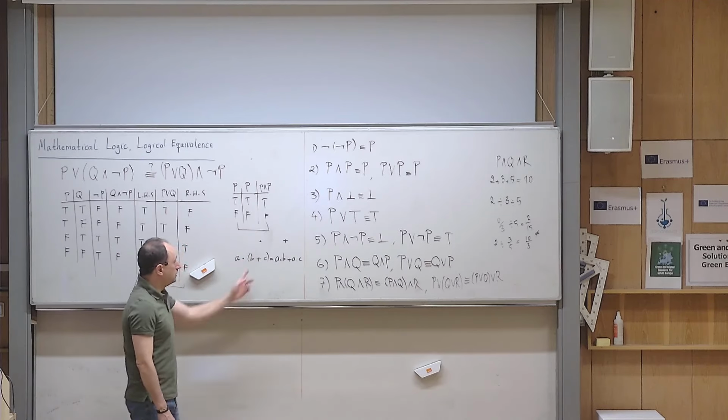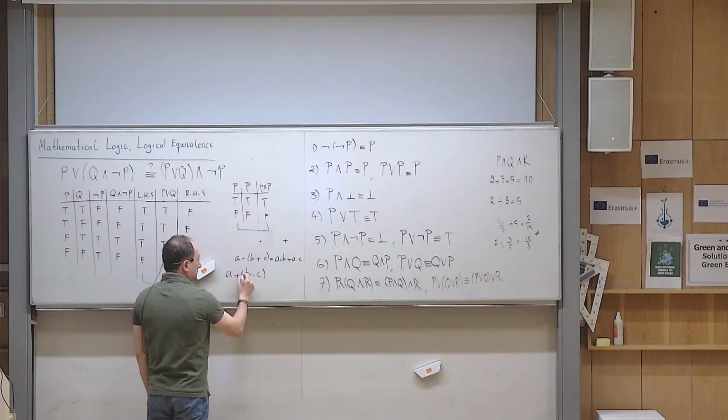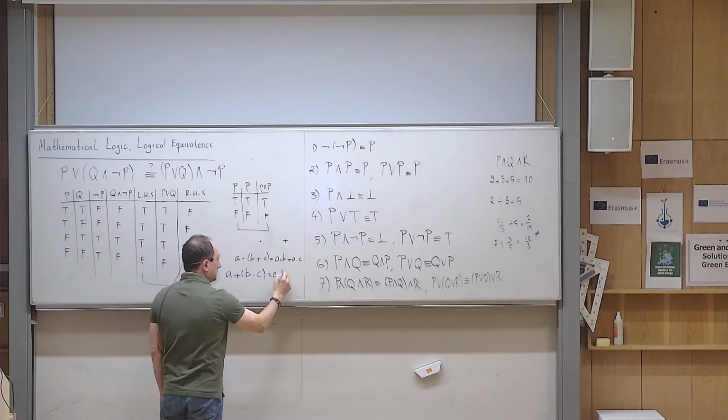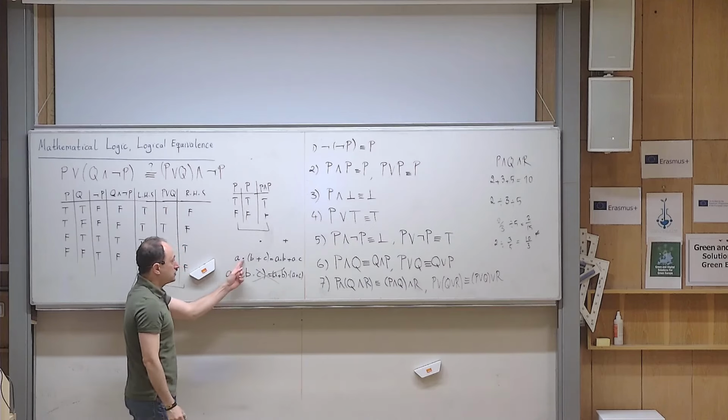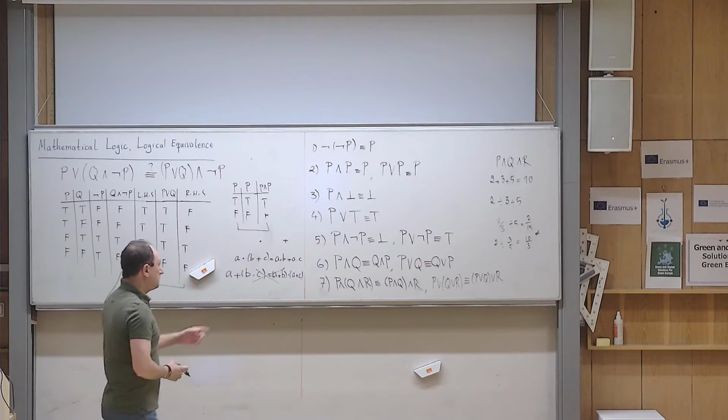Do you think the other way around is also true? Is addition distributive over multiplication? If it was, what does it mean? It means that I should be able to write A plus B times A plus C, which is, of course, nonsense in numbers. Yes? So this is not true in general. So we say that multiplication is distributive over addition, but addition is not distributive over multiplication. Okay? But here,